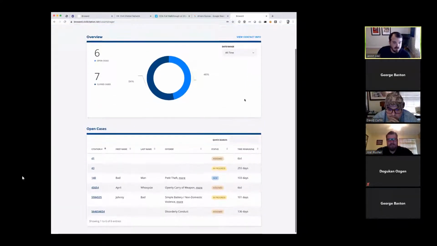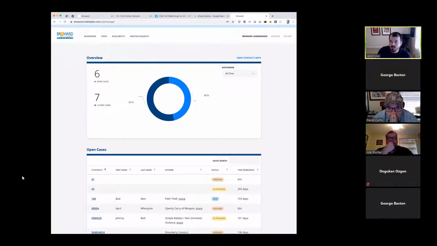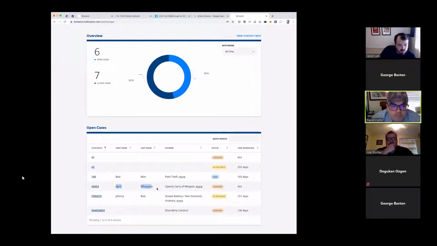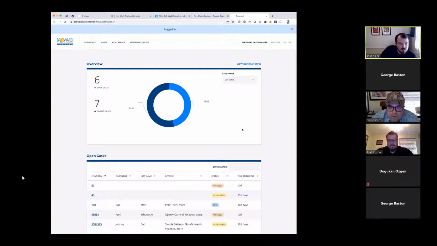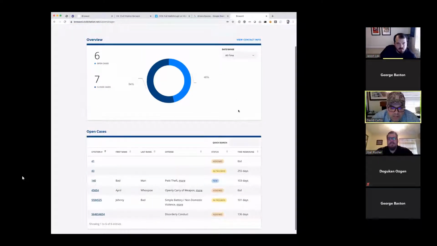All right, so now we're in the dashboard of this case manager. Can you show me on that top graphic, there's the overview. You have open cases and closed cases. Is that a zero-sum game, or are there other colors and detail you can put in that top level graphic? We could put more. That's just what we have now for this example system. We could add more statuses like in progress or assigned. It's not built yet, but it's relatively easy to port that into the graphic.